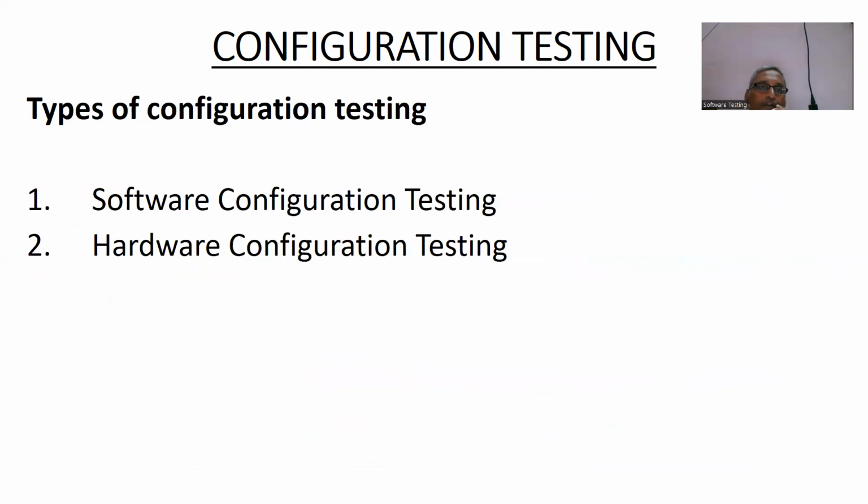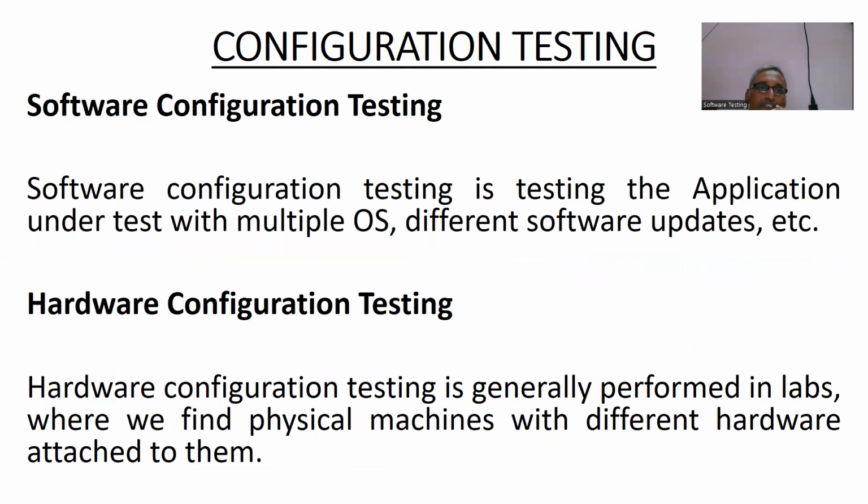Next, types of configuration testing. Software configuration testing, hardware configuration testing. First one, software configuration testing. Software configuration testing is testing the application under test with multiple operating systems and different software updates, etc. Software configuration testing is very time consuming as it takes time to install and uninstall different software that is used for the testing. One of the approaches followed to test software configuration is to test on virtual